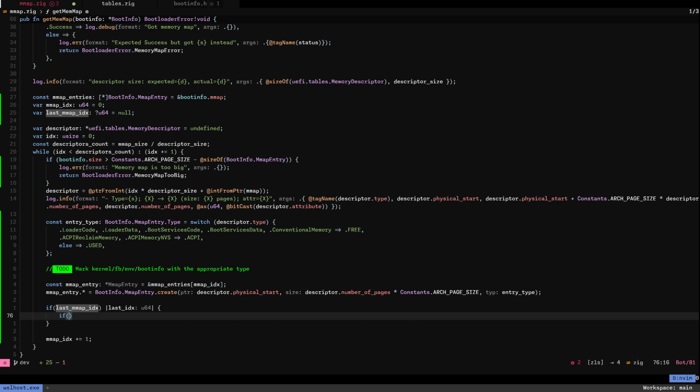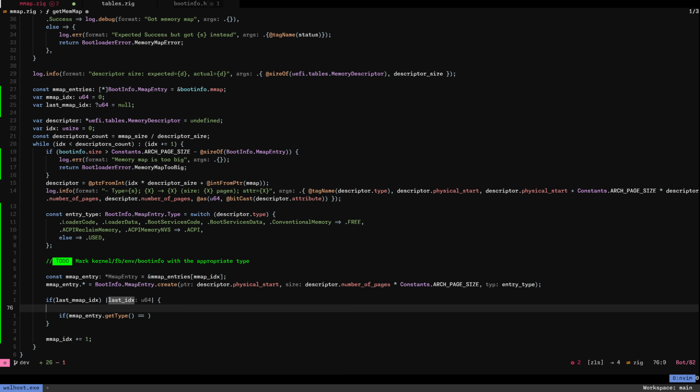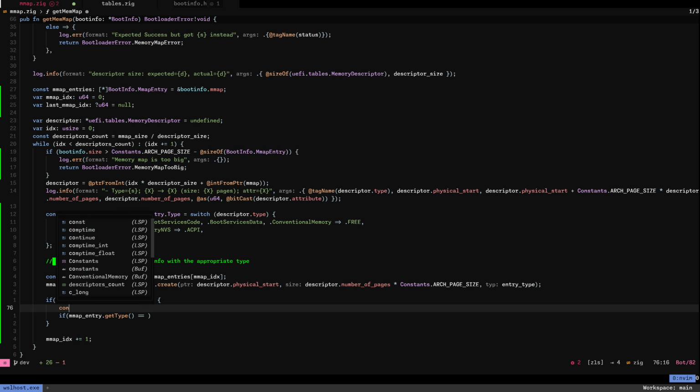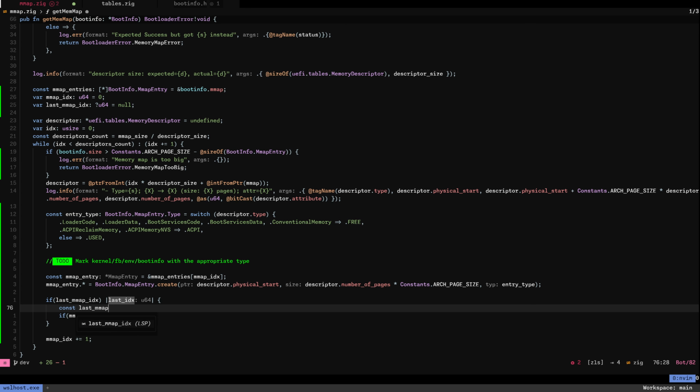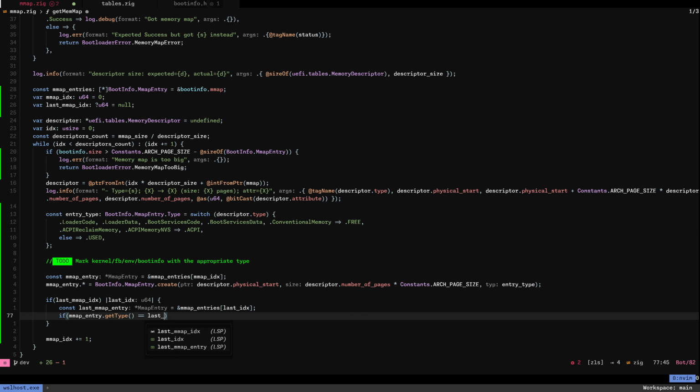So mmap entry dot get type would need to be the same as, I guess here we need const last mmap entry, which would be a pointer to mmap entries of last index. So if that is last mmap entry dot get type,